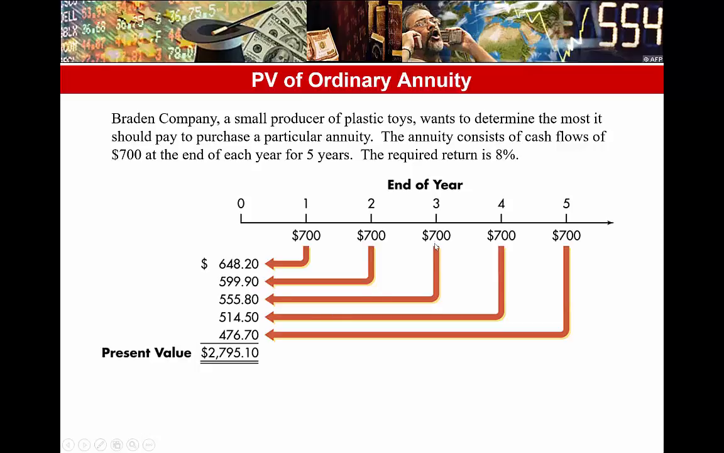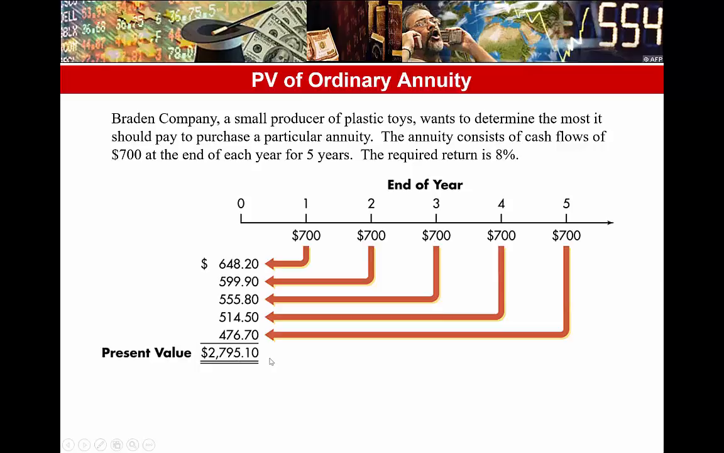$599.90. The third cash flow is going to be discounted by 3 periods to receive 555.80, and then the fourth cash flow is going to be equal to $514.50, and the fifth one is going to be discounted by 5 periods. As you see in here, the last cash flow that is received in year N will have to be discounted by N periods. And the total of all of these discounted values is